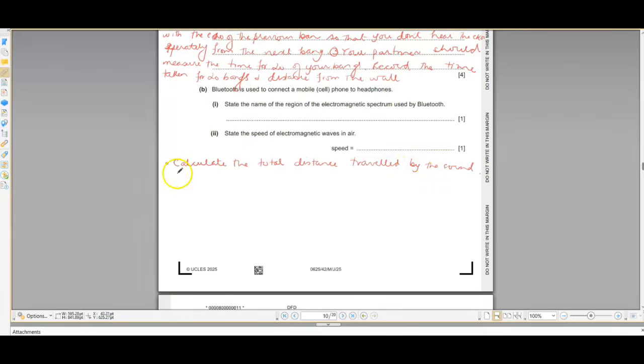And as each bang involves the sound traveling to the wall and back, the total distance would be 2 times the distance from the wall. Okay? So